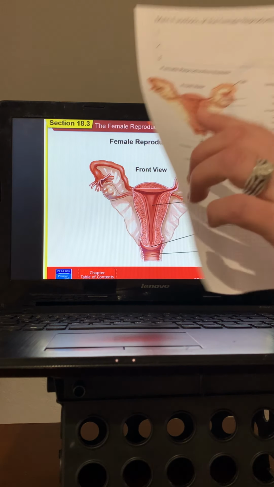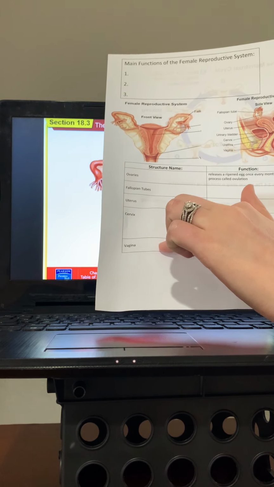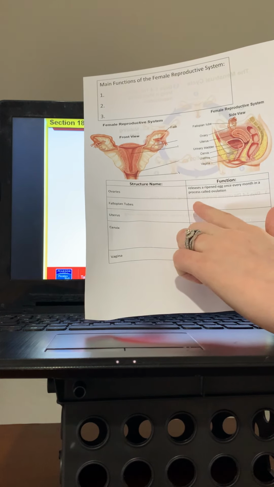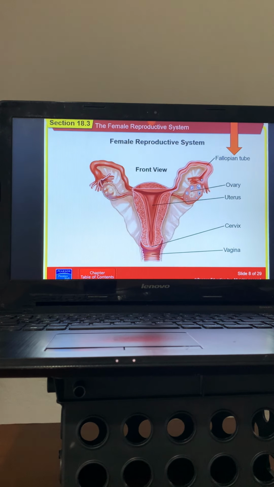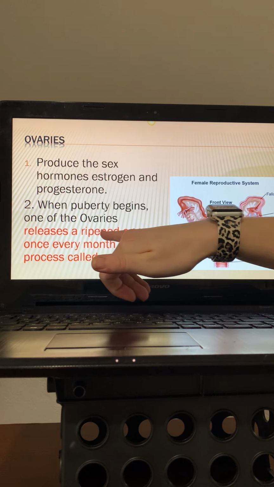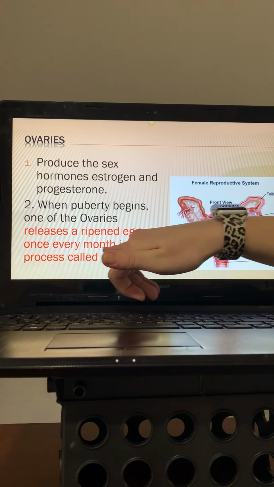So in your notes, it says structure name, and I filled that out. And then it says the function. Some of them are already filled in for you. Some of them you will have to fill in. So we are going to start with the ovaries. Anything in red needs filled into your notes, but I did fill this first one in for you so you